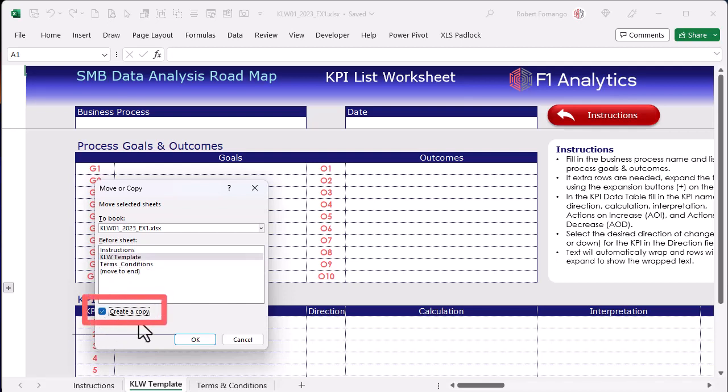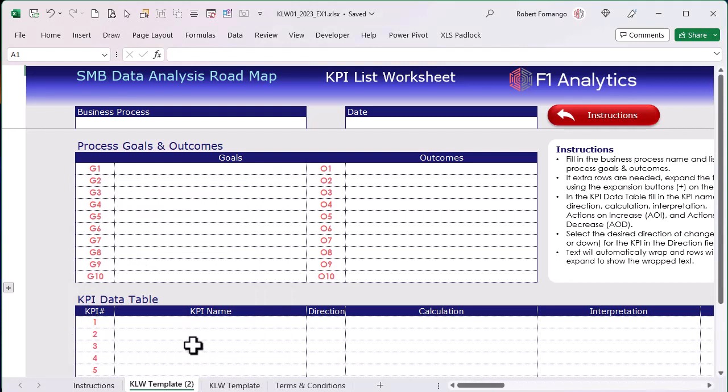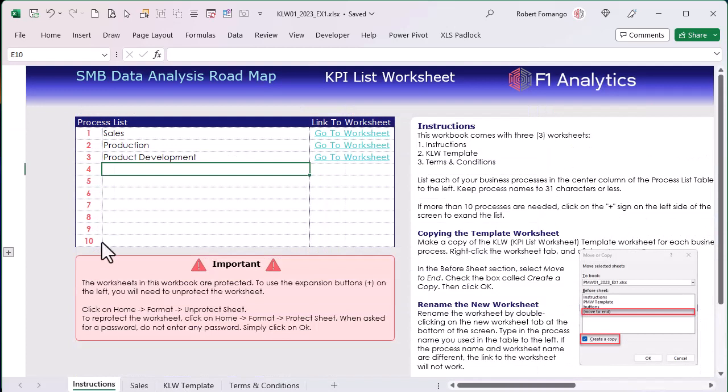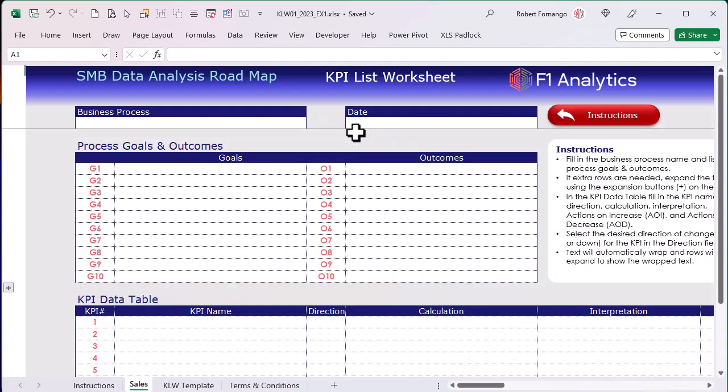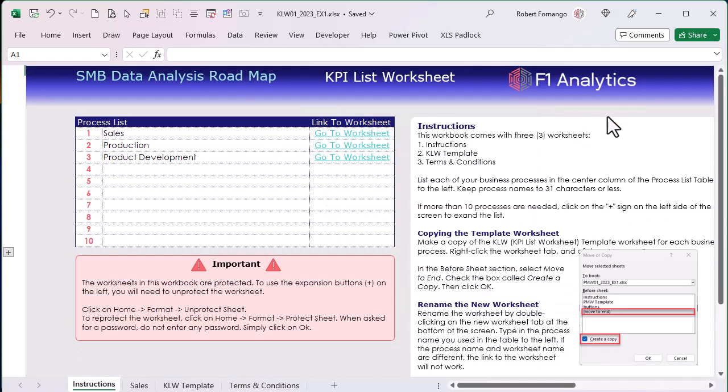And then we're going to click on Create a Copy and click on OK. Now you'll see that you've got a KLW template 2 worksheet down here, and you can double click on that and we'll change the name to Sales for our sales process that we listed first in the process list here. So now that we've got the same name here that we have in the process list, when you click on